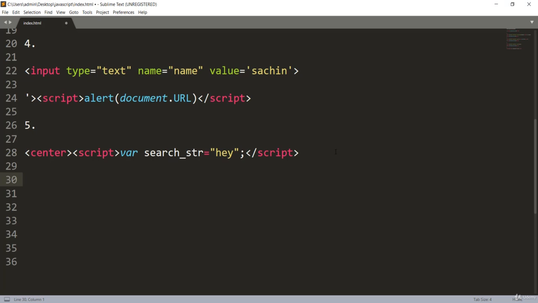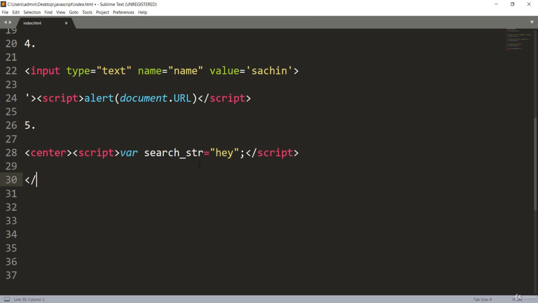Over here we have something like this. First of all, we have to close our script because we want this script to be closed over here. So here we want to close that script, and after we close it we'll run our script. So let's see how this works. I'll go right here and first close my script.